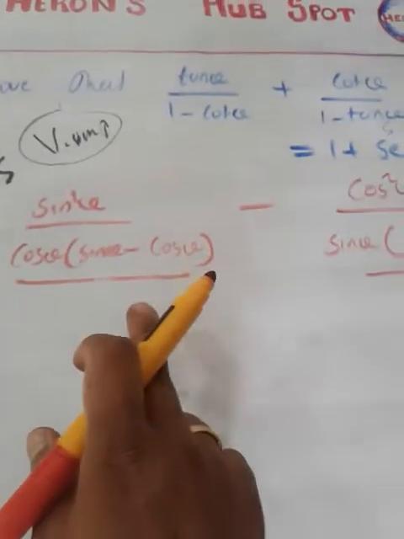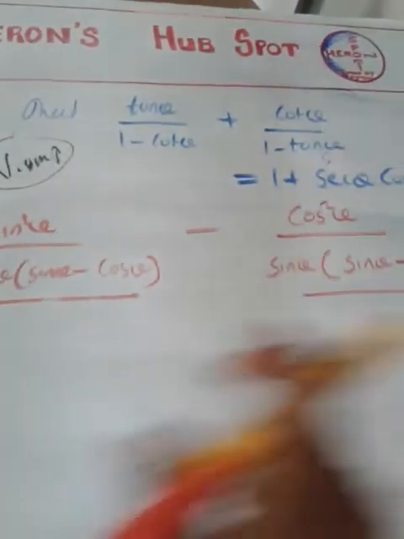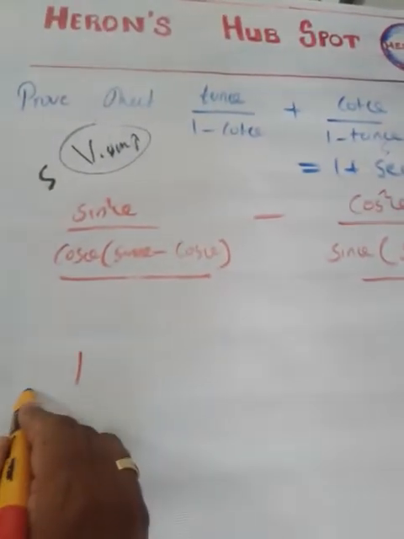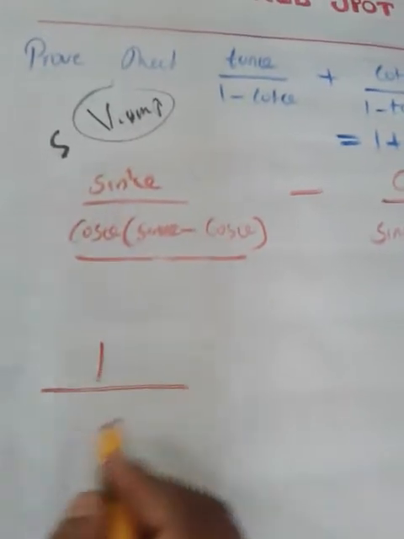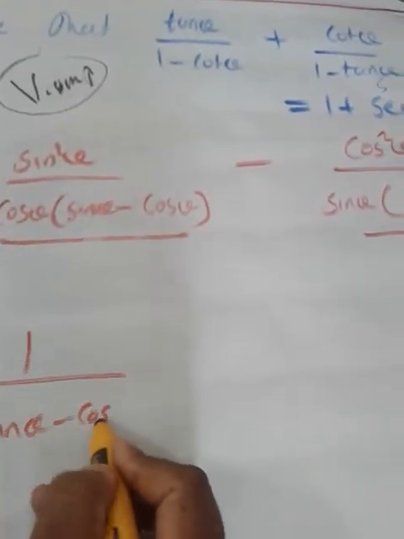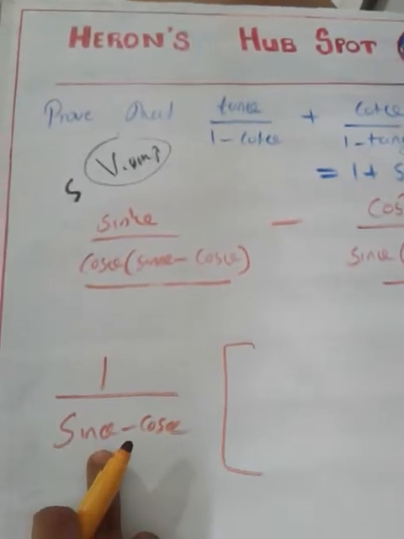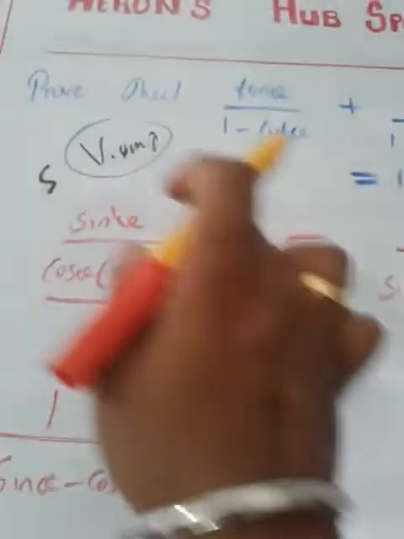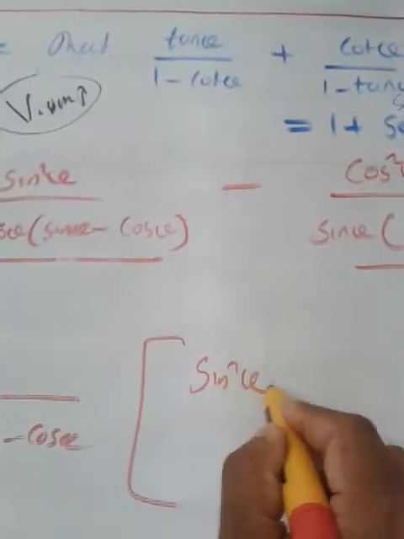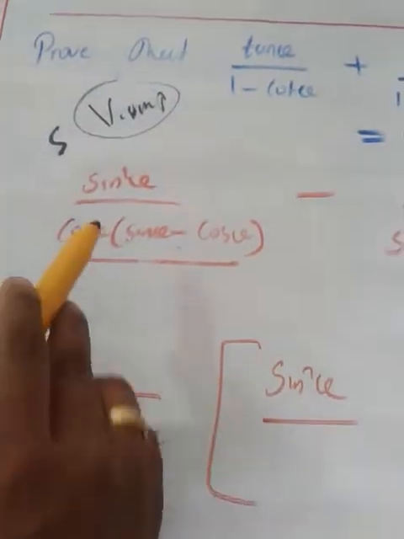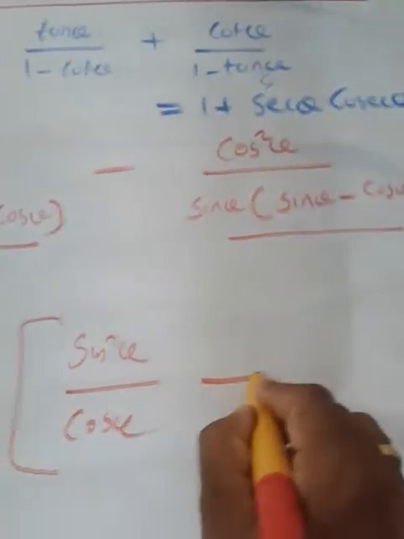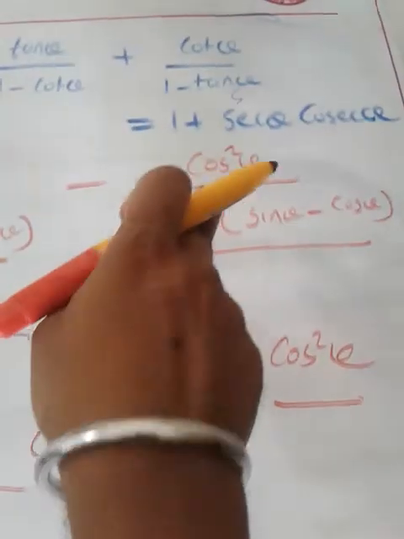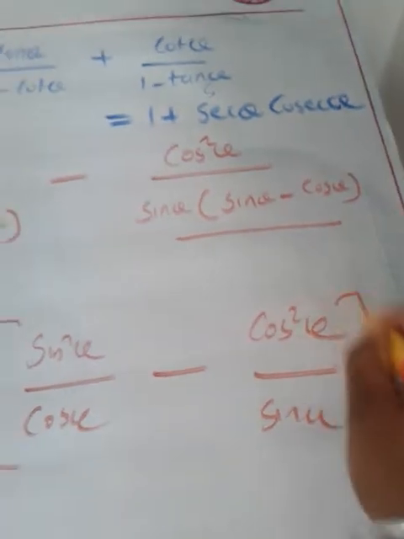So I am going to take that sin theta minus cos theta as common, since it came as common from both the terms. Since I am taking the common from the denominator, I have to mention the numerator as 1. Divide by the common, sin theta minus cos theta. That means from the denominator I am going to take sin theta minus cos theta common. At that time you have to give the numerator as 1. And so in this term, what will remain? Numerator as it is will remain. From the denominator sin theta minus cos theta came outside, what will remain? Cos theta only will remain. In the second term, numerator no change, sin theta minus cos theta is already outside, what will remain? Sin theta will remain.